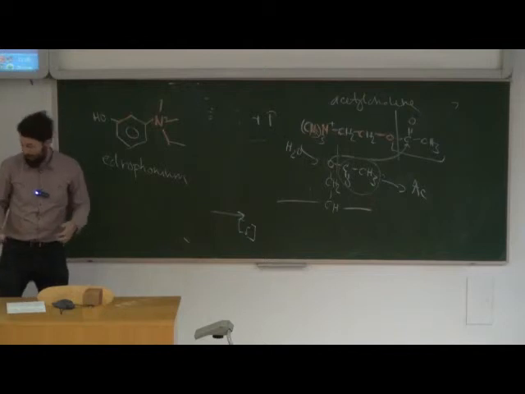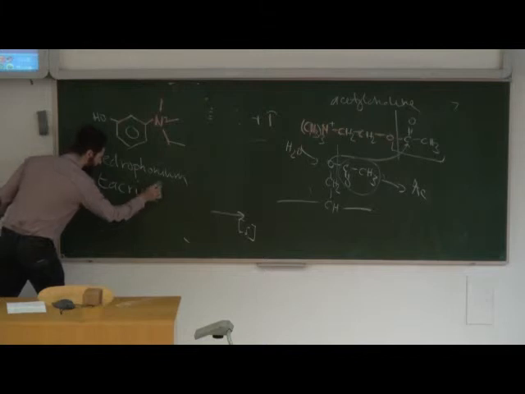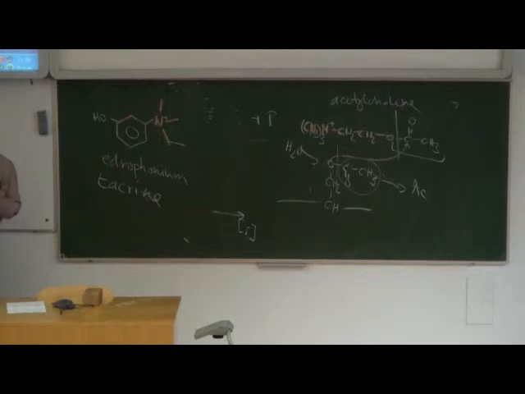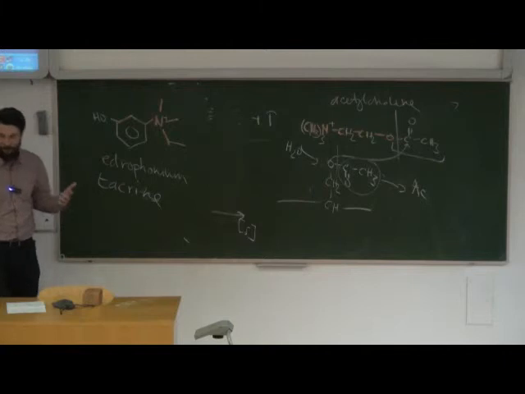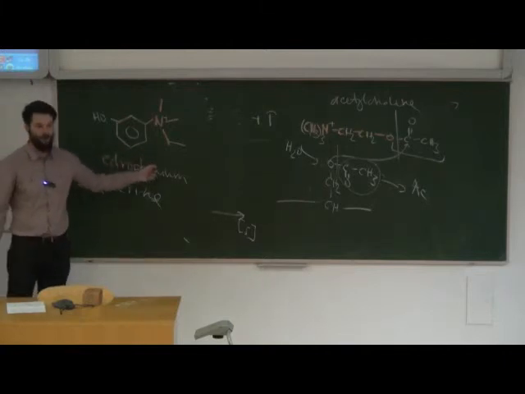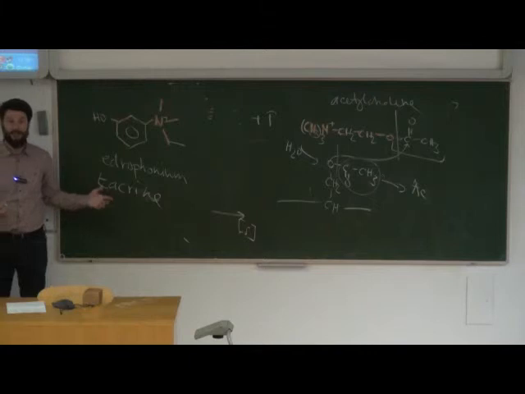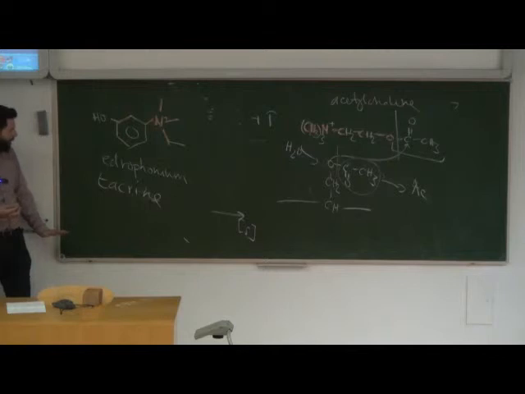Obviously we could make lots of molecules like this, and there are lots of them. For example, there's a drug called tacrine, which is used for Alzheimer's. It's also a competitive inhibitor of acetylcholinesterase. It kind of looks like acetylcholine, but much less than edrophonium, so I'm not going to draw it because the similarity is not that great. So it's not that useful for teaching purposes. But tacrine used to be one of the major drugs for Alzheimer's. It's much less used now, but anyway, probably a good idea to remember that as well.